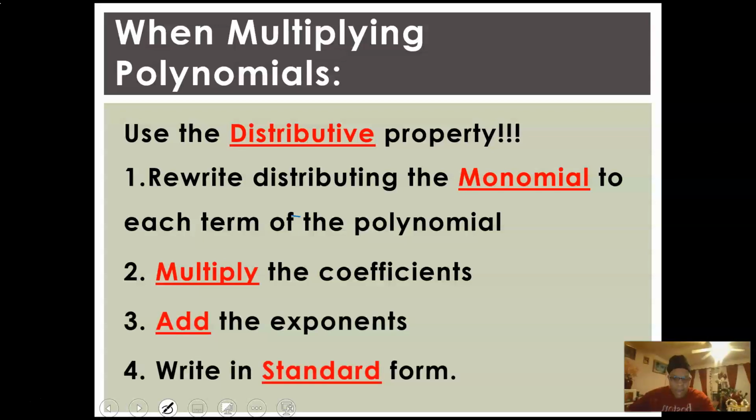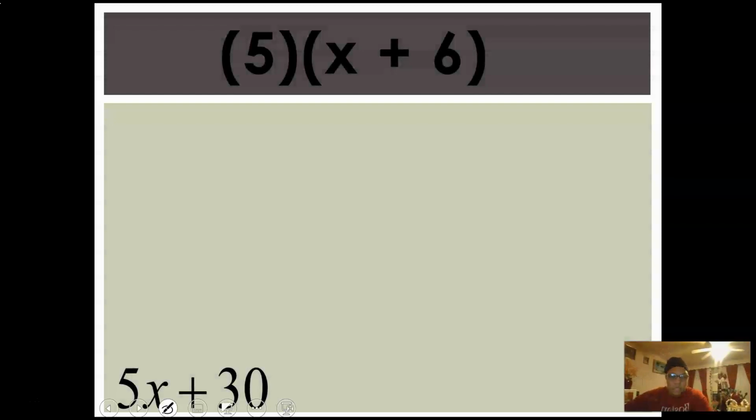And write in standard form. And standard form is from the highest degree to the lowest degree. So when you write it, you would have the highest degree or highest exponent down to the lowest exponent. So with that being said, let's take a look at this example that we have here. I have the answer already on the bottom here, but I'm going to show you how to get to this answer. So you would take 5x